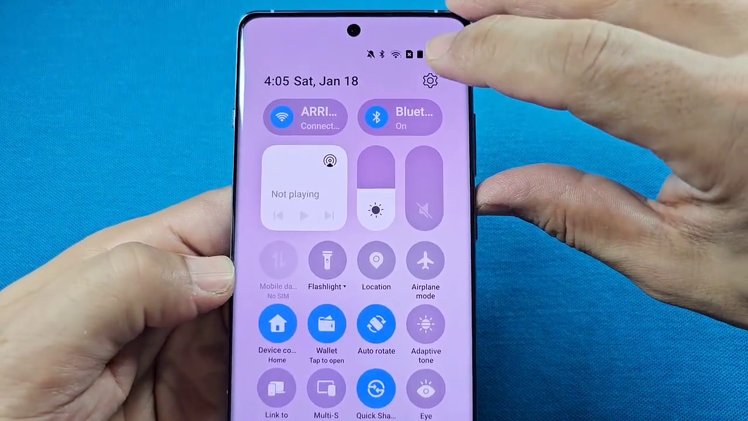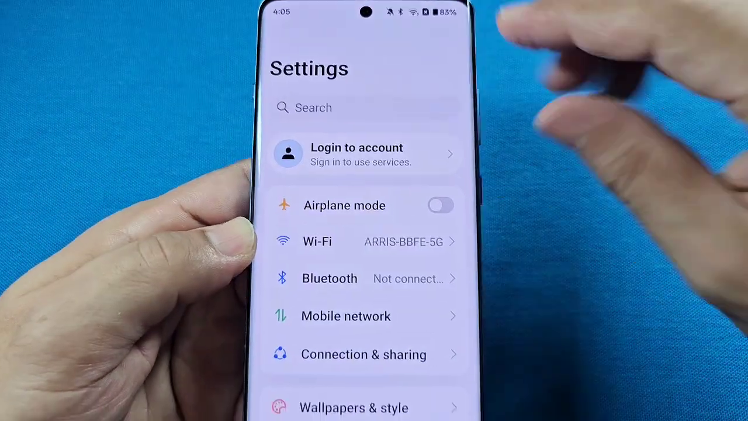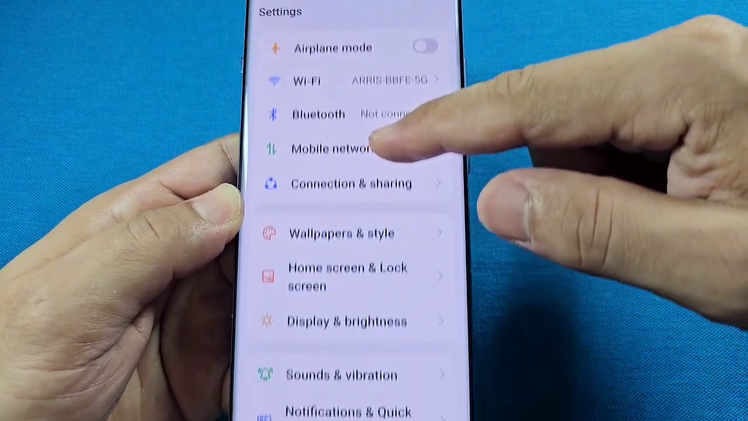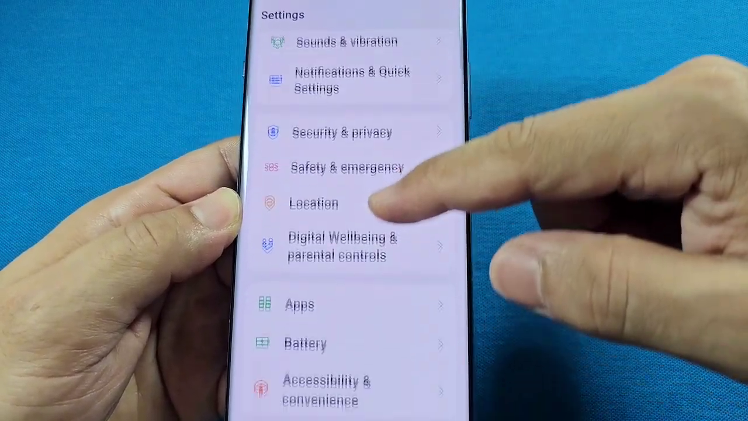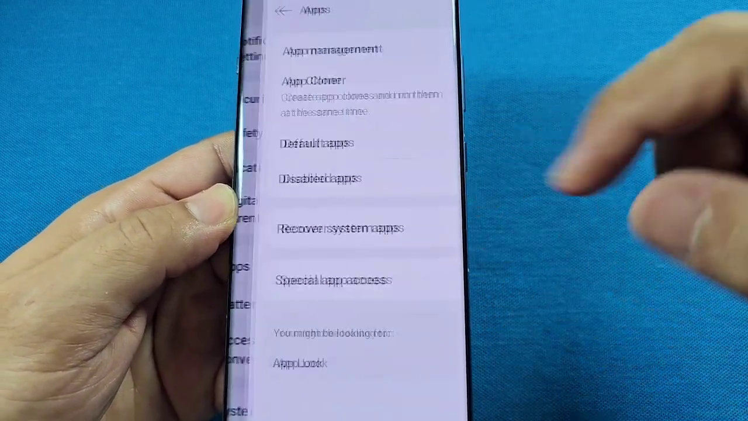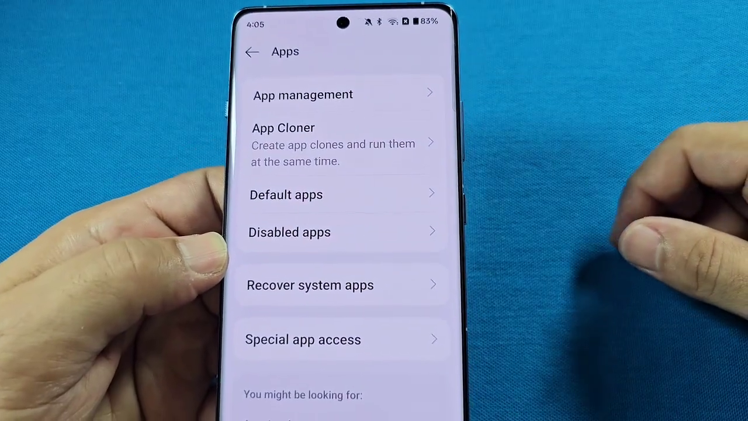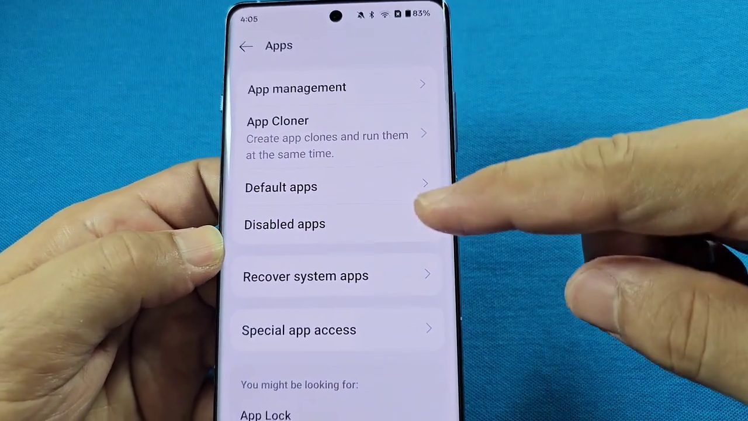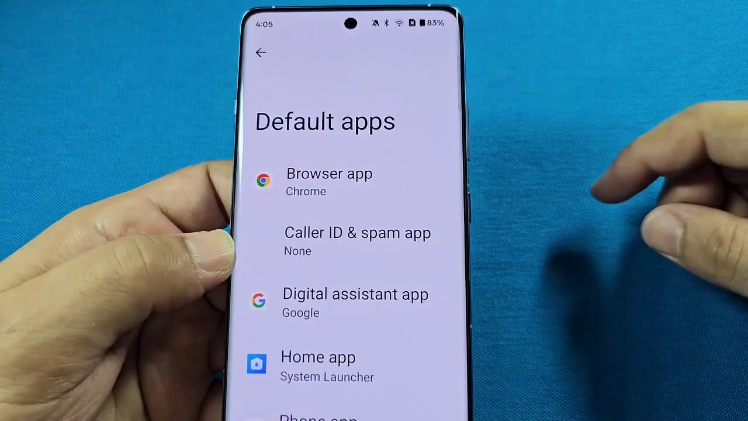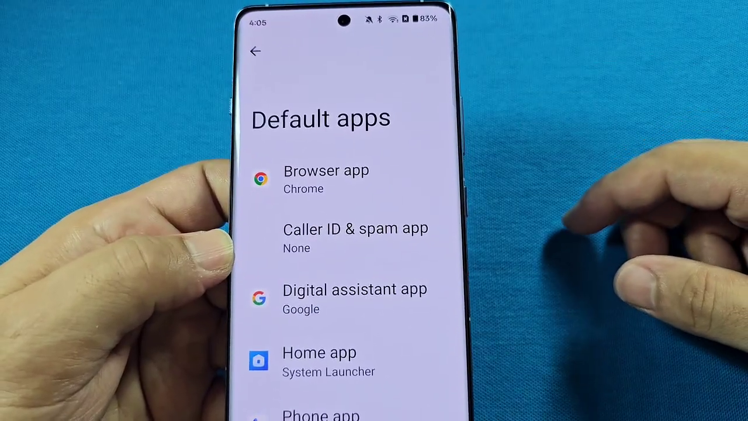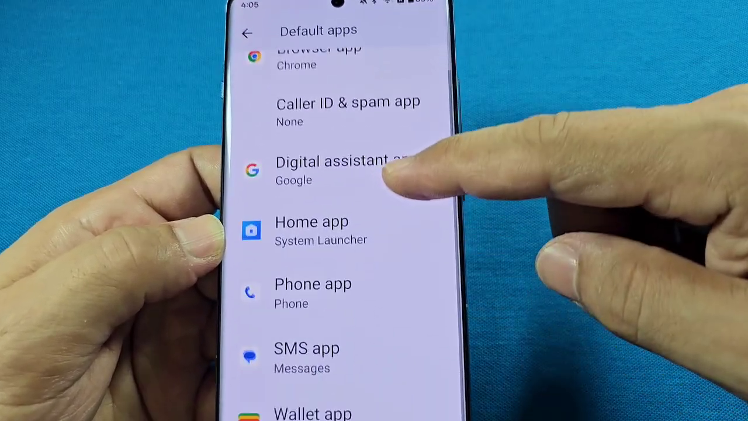Then go ahead and tap on this settings toggle right there. Then from here, while you're here, go down and keep going down until you see apps right there. As you tap on that, you'll be taken to this section here, and you'll see where it says default apps. When you tap on it, you'll see all the other default apps options, then go down until you see phone